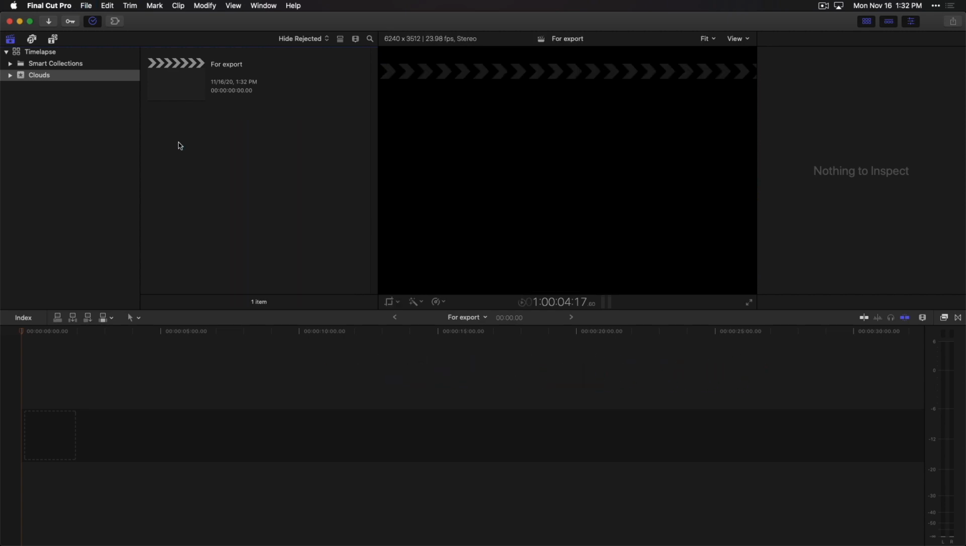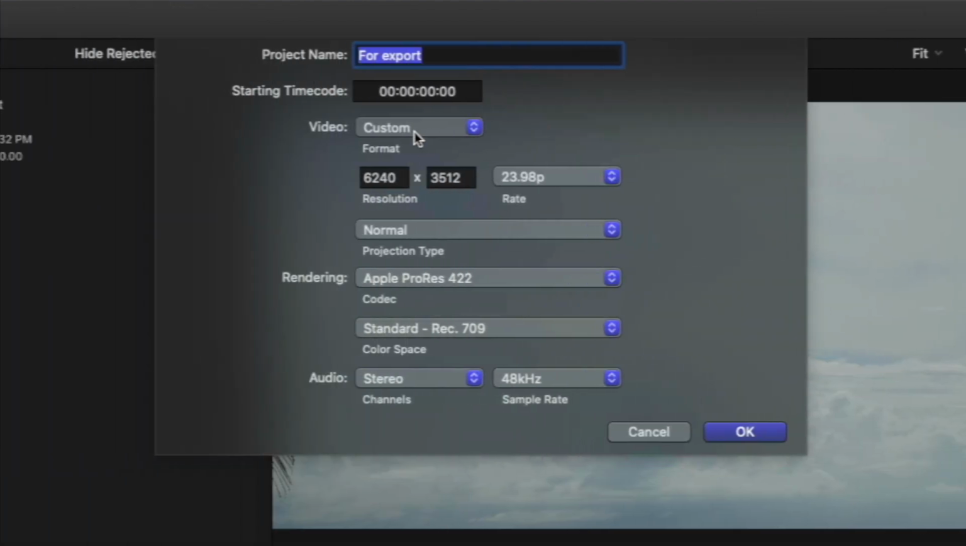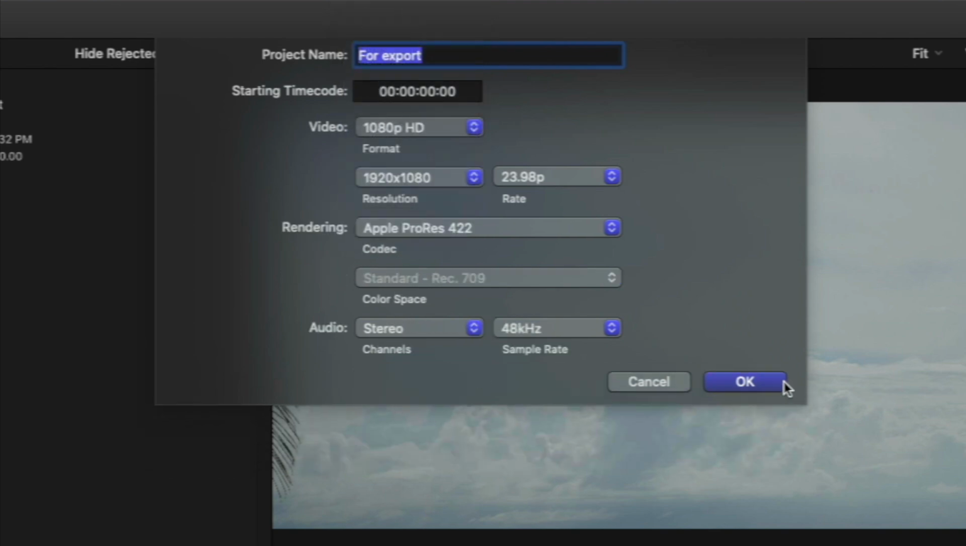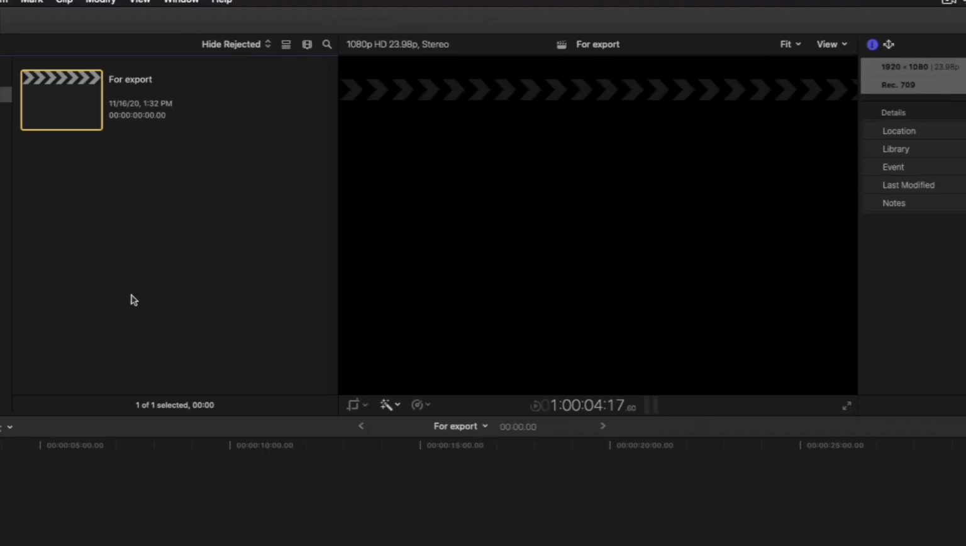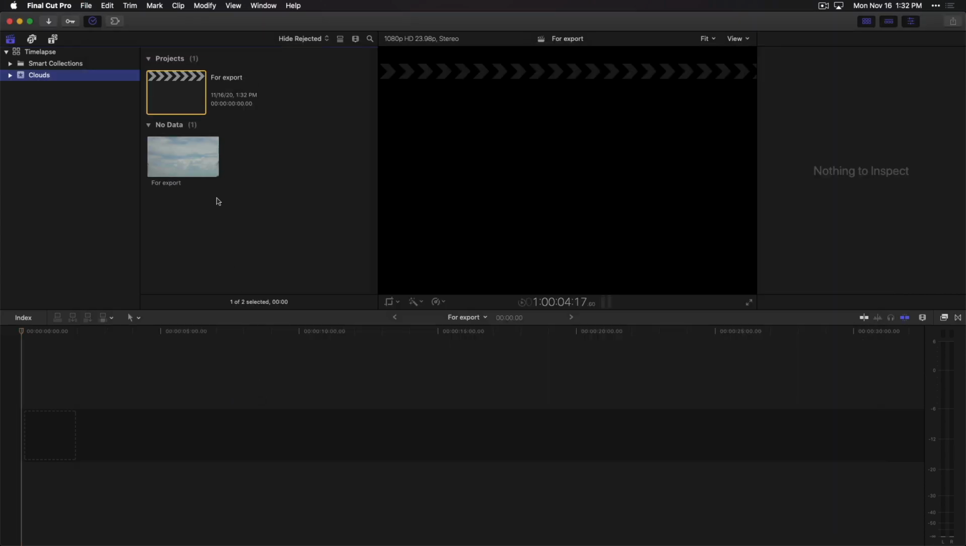basically is my master. So before I bring that movie back in, I modify the settings on this now empty project to match my output resolution, 1920 by 1080 at 24p. Then I import that exported ProRes LT movie. I put it in the timeline,